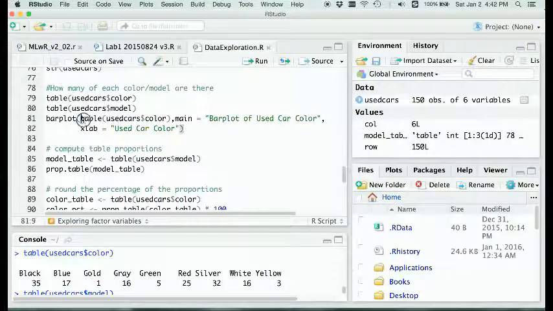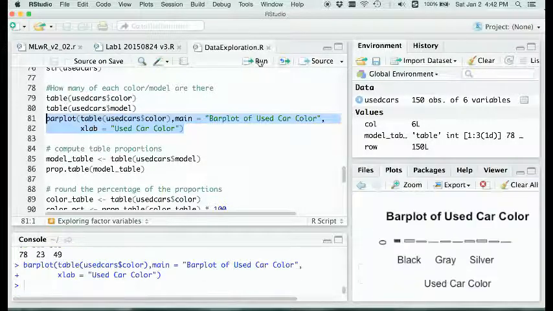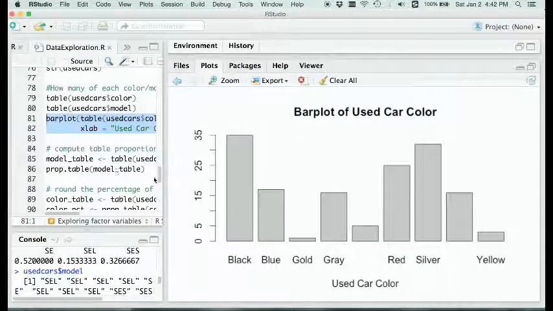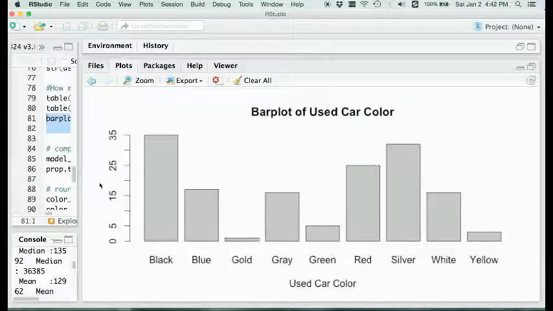Noted here, the first parameter is no longer just the variable name. You should use the table function to convert this variable into a table first, and then use barplot. So let's run this. You can see that it looks still too narrow. It looks a little like the histogram plot,